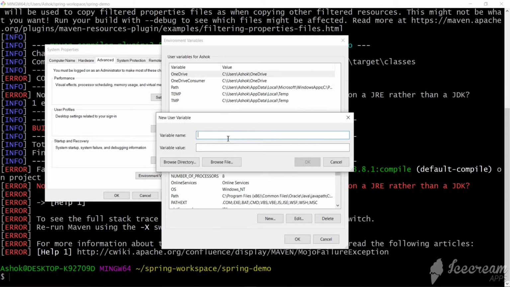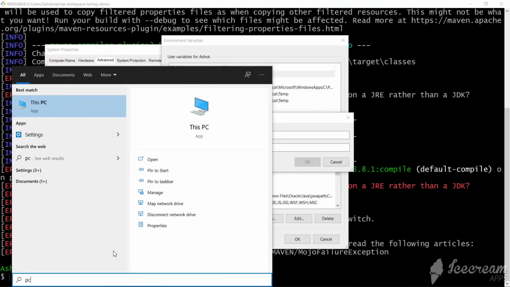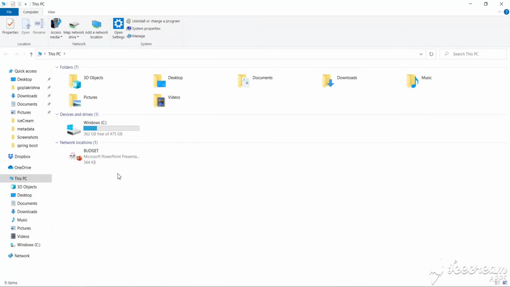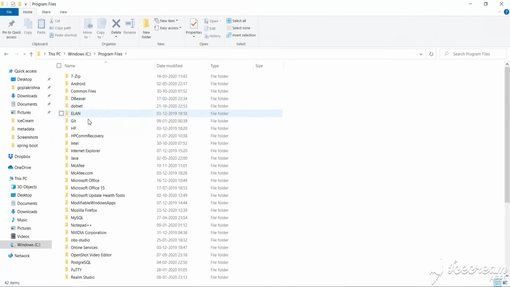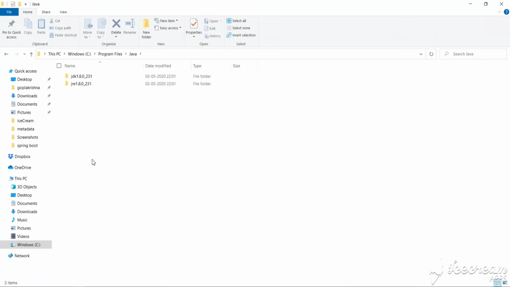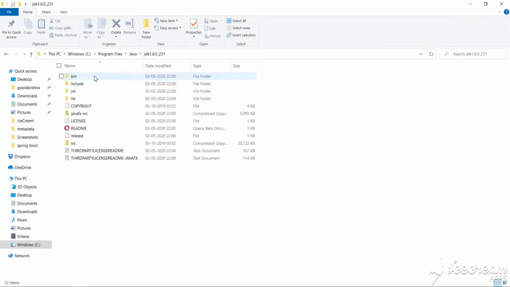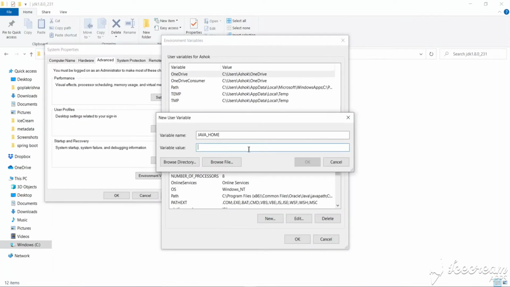The variable name should be JAVA_HOME, and we need to have a JDK folder path here. So let's go to PC, Program Files, where we have installed the Java JDK. Here we have the JDK. Let's take this path, paste it here and save it.